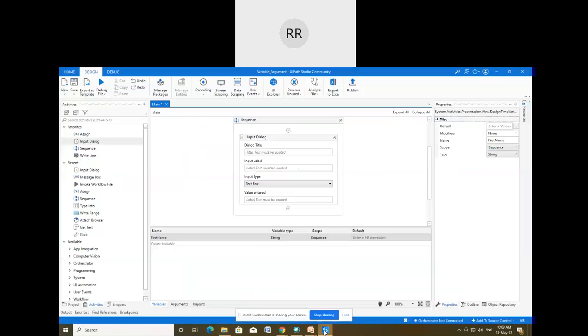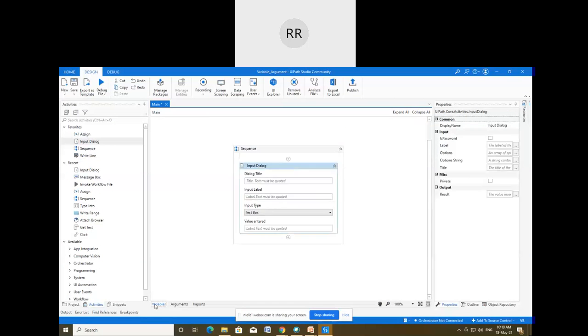Listen very carefully, this is very important. Suppose that this is your input dialog. If I do not want to create the variable by using the variable panel, then how can I create it? Suppose that I want to get the name from the user. I want to know the first name of the user.